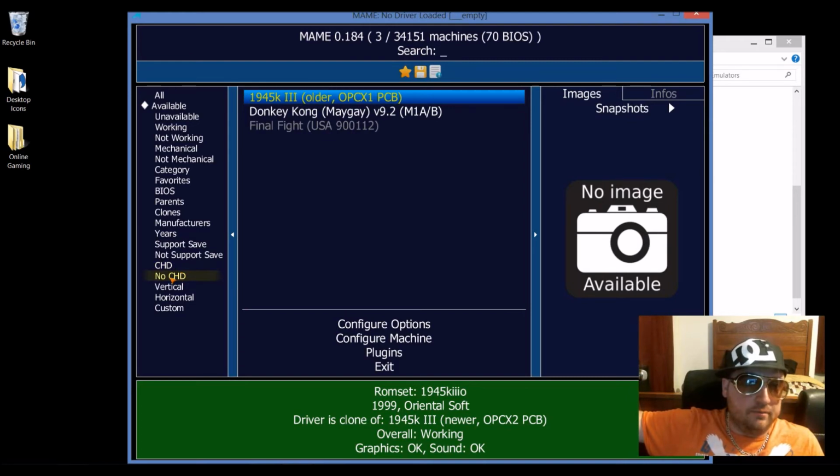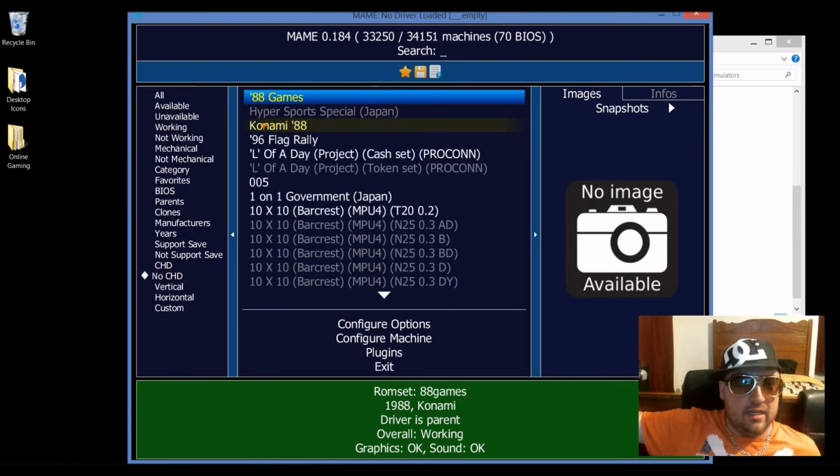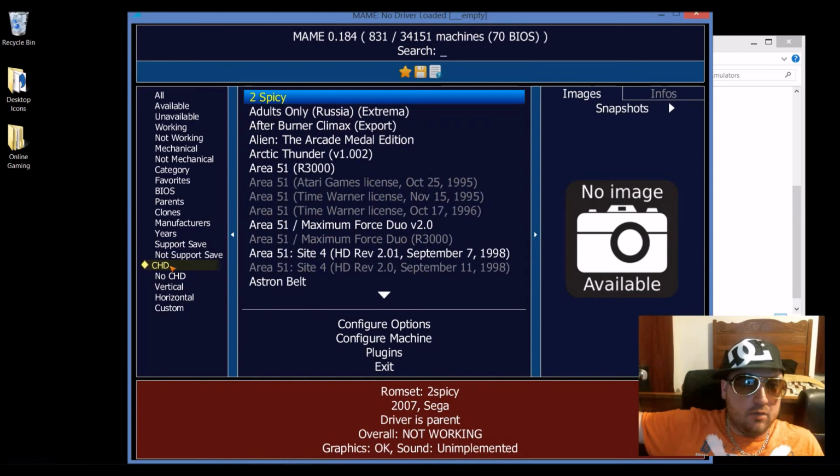So, here we can look at this. I clicked no CHD, and this will give us a list of all the games that, when they are highlighted, are not known to have CHD files to work. These are basically ultra high density imaging. As you can see, the type of games here that would use them are definitely high level games